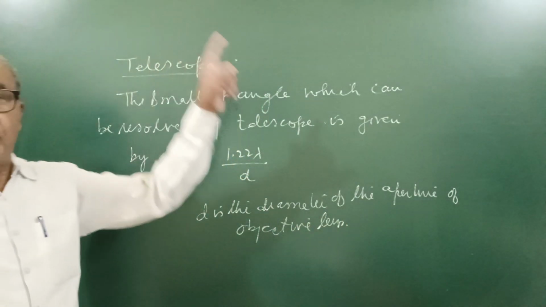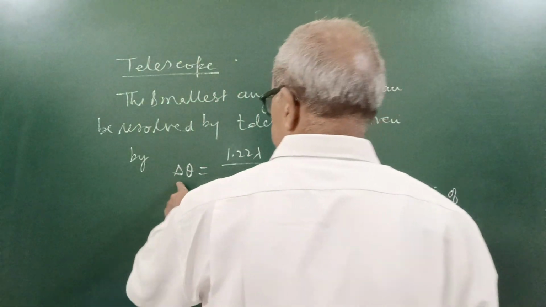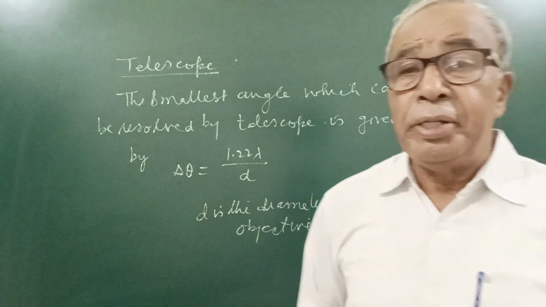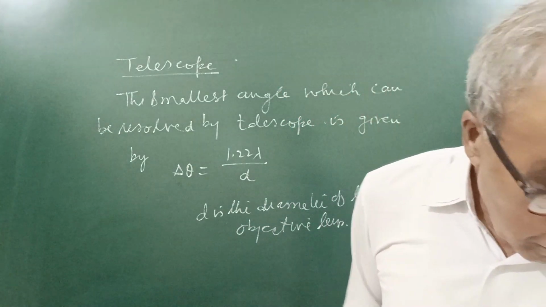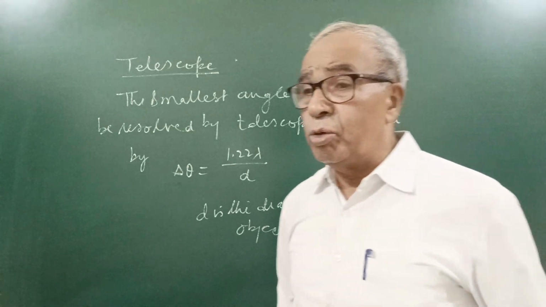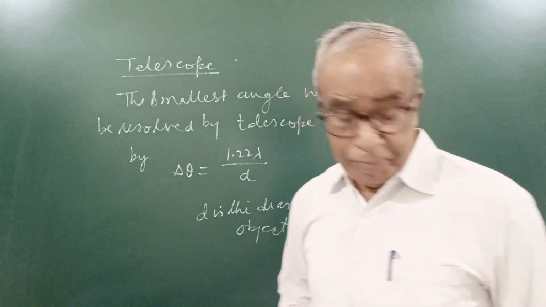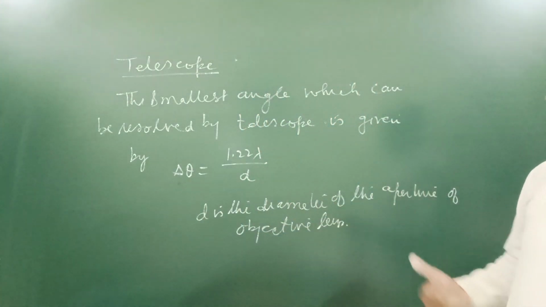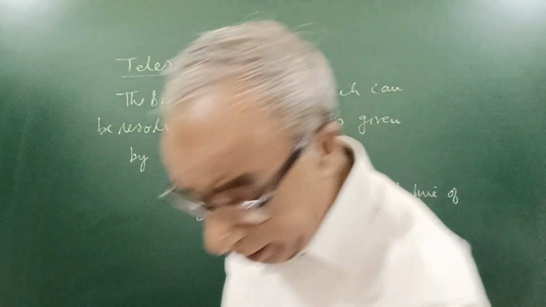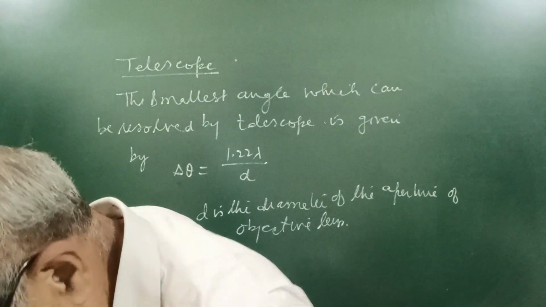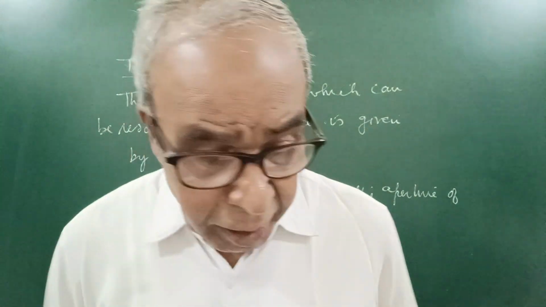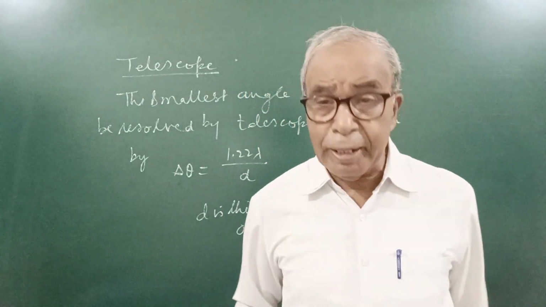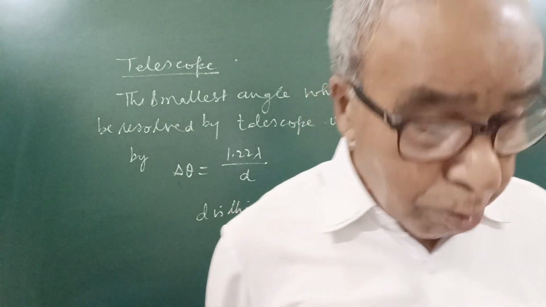So the larger the aperture of the objective lens, the smaller the delta theta, and hence the higher the resolving power. And the reciprocal of delta theta is the measure of resolving power. Though there are different criteria also, here we are not going into many facts, so I explain this in general. I think in the syllabus it has been deleted, but questions are there in competitive exams and elsewhere also. I hope you will enjoy this chapter. I will be telling you some numericals in coming videos.